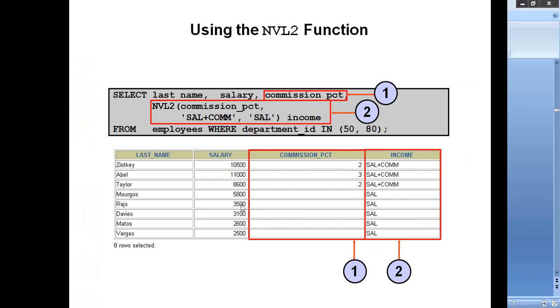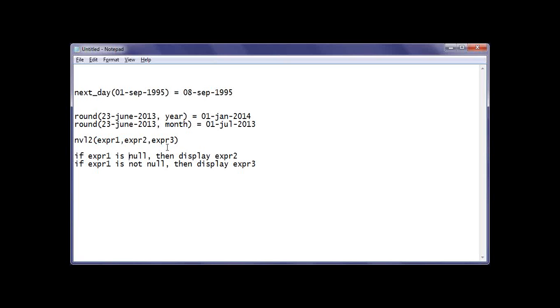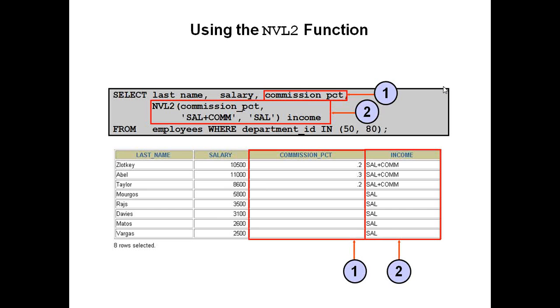And if you look at the example also here, if commission percentage is null, then it is going to display, if commission percentage is not null, then it is going to display expression 2. So I just made you a little confused. So it is not null and this is null. So if expression 1 is not null, then it will display expression 2. If expression 1 is null, then it is going to display expression 3. So as you can see over here,